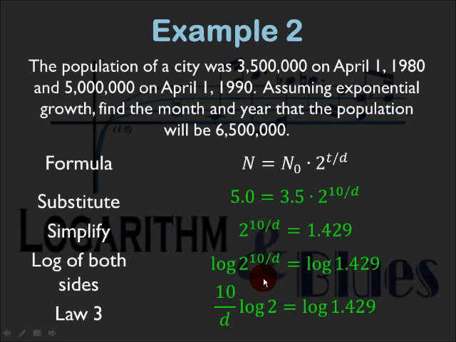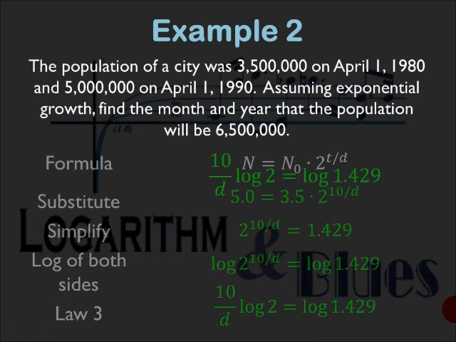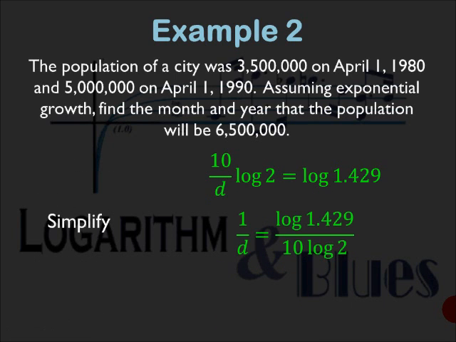Now you will use law 3 to move the exponent out to be a coefficient of log 2. So now you have 10 over D log 2 equals log 1.429. Now it's just a matter of getting D by itself on one side and doing the calculations on your calculator. So if you rearrange it, divide both sides by 10 and log 2, you get 1 over D equals log 1.429 divided by 10 log 2. And if you flip everything upside down, you get a D of